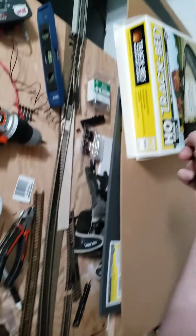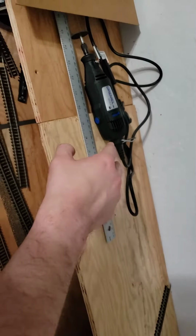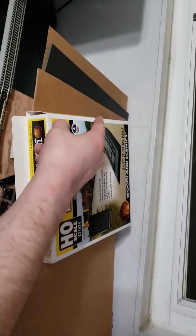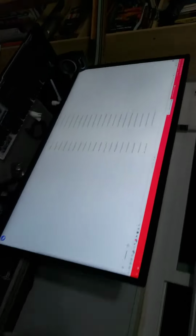And this will be the main line going all the way around to the top level here. I might have a switch around this area and have one track going into a quasi station area, which I have HO scale Greyhound buses. As you can see, I've got